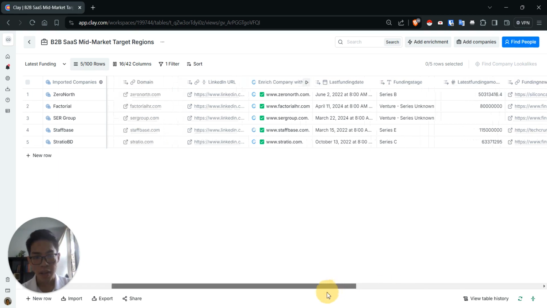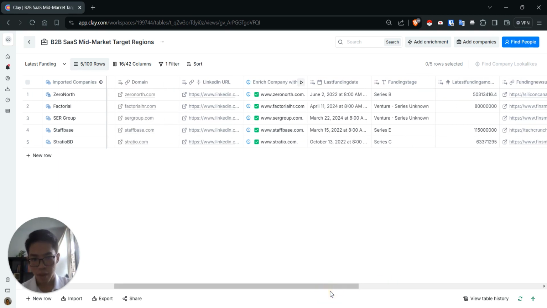Okay, so again, this would show that because they are recently funded, they have much more capacity, much more financial resources to be able to explore your solutions, and more importantly it also shows that they are currently in the stage of growth and scaling, and they are much more open to exploring your solutions as well to help them scale their revenue and their business growth. Okay,